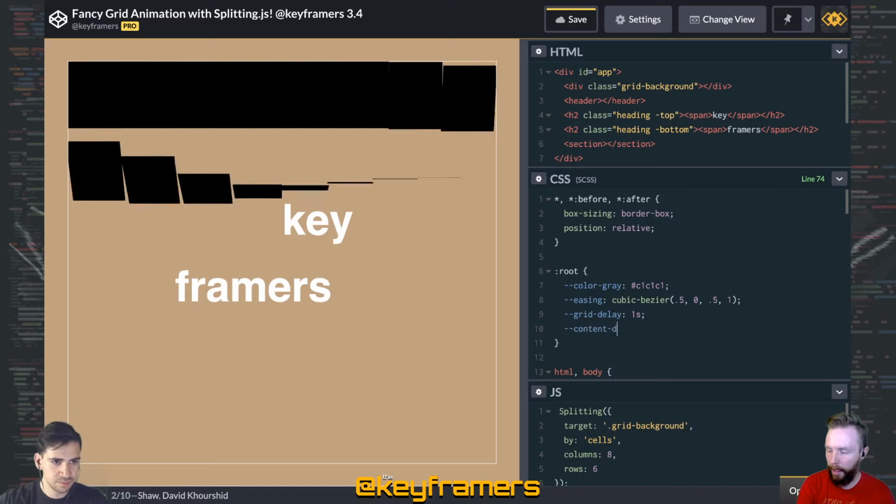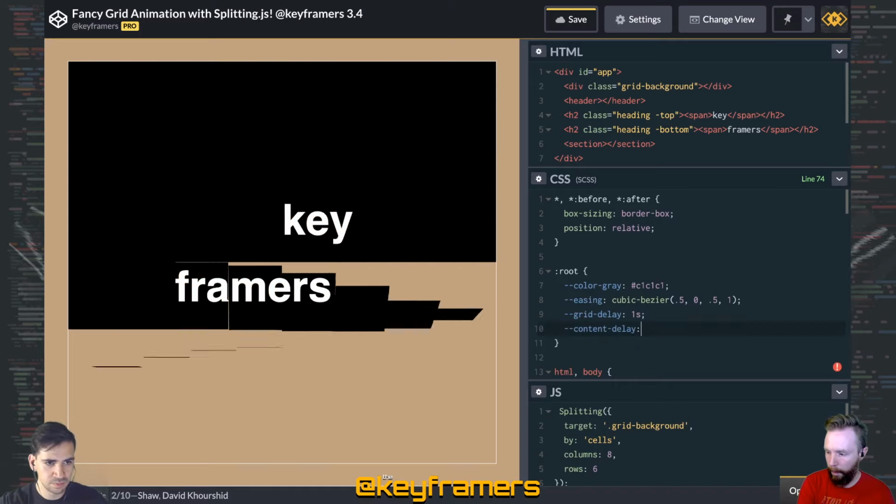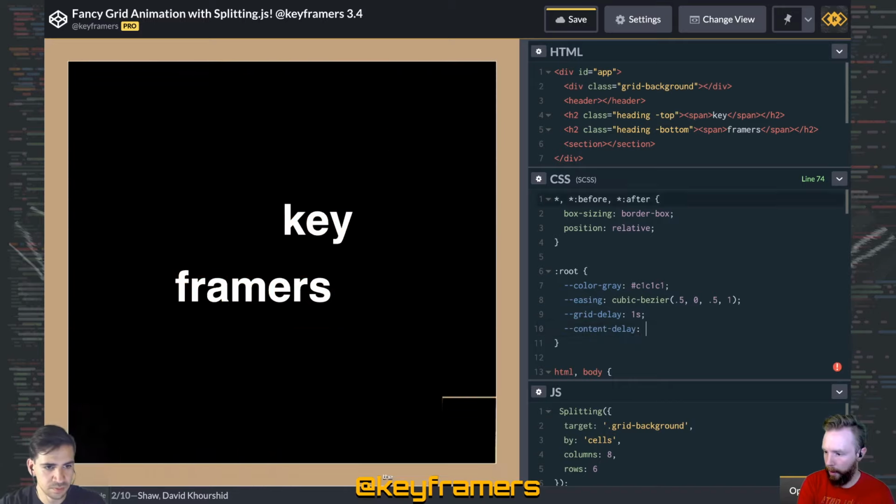And then content delay, we will say, so we know we have 8 columns with 6 rows, and then we'll do cell delay here. We'll do 0.1 second times